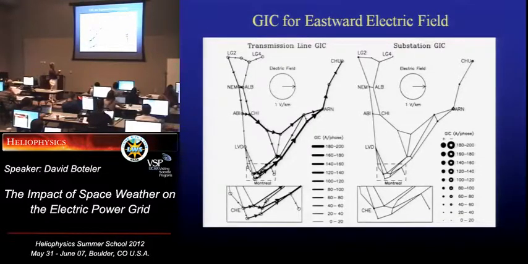But in fact, we think that during the March '89 storm, it was indeed the east-west flow across the system that was causing problems. And there are some things to support that. If you remember back to the original one where I described the blackout, the places where they were having things tripping out originally were at these substations here. So that seems to fit with that scenario.